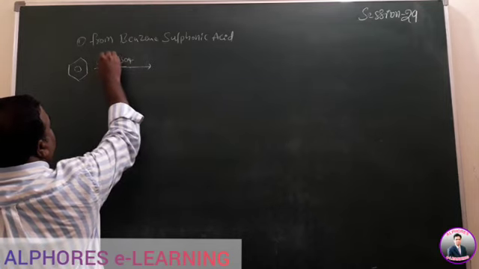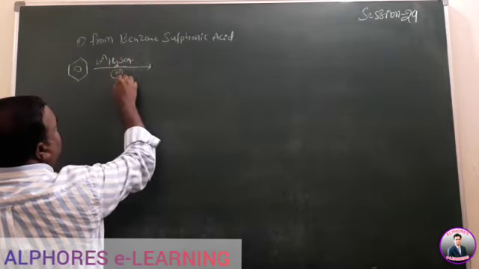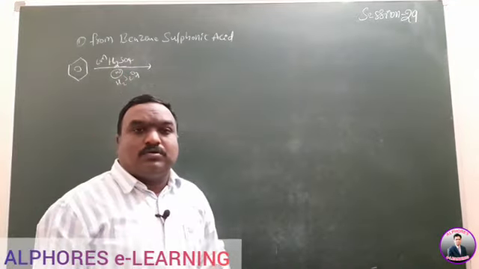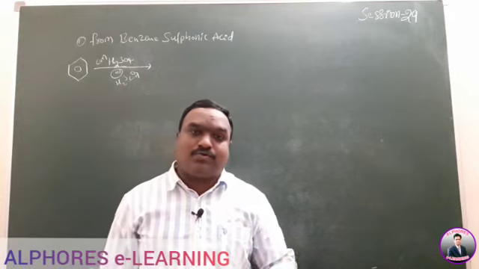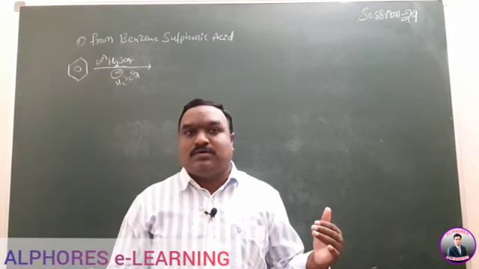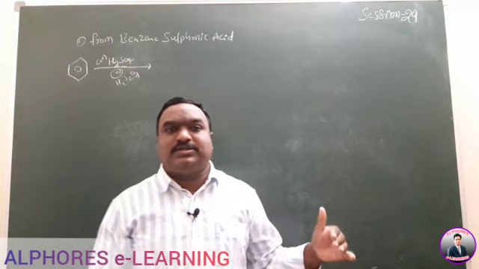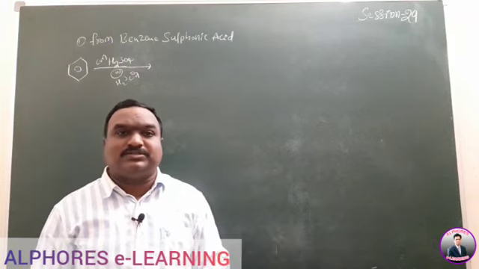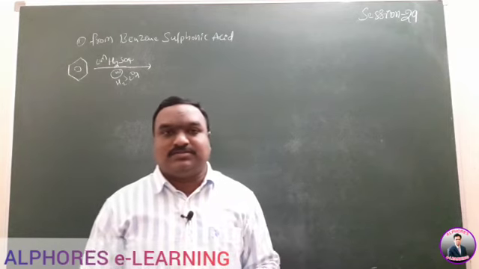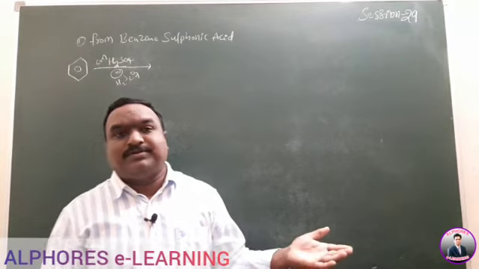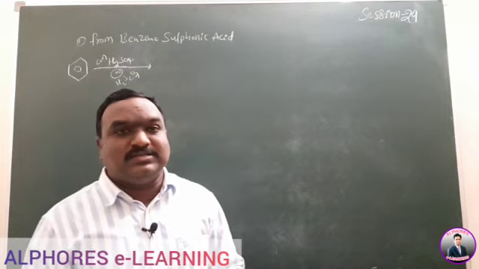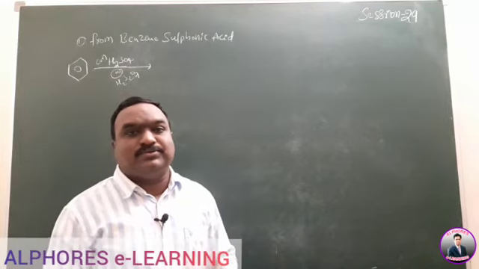Concentrated H2SO4 is given, or H2S2O7, oleum. Which is the electrophile here? SO3 is the electrophile. H plus is substituted by SO3. But unlike nitration, halogenation and alkylation reactions, sulfonation is a reversible reaction. So elimination of H plus and addition of H plus are both possible in this case. But the electrophile is SO3, you always remember in sulfonation reactions.